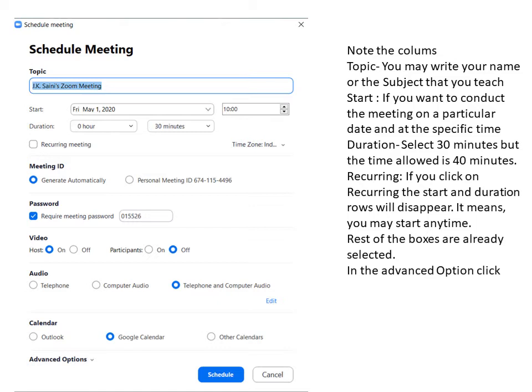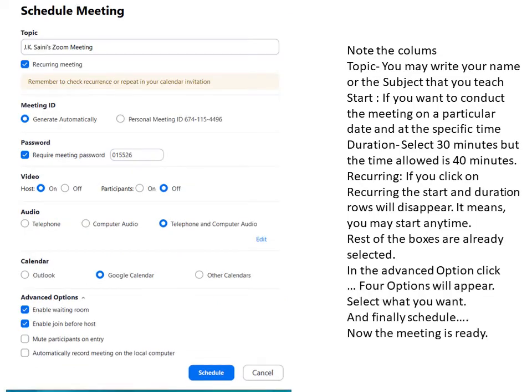And if you click on recurring meeting, it will appear like this. You see, after you click on recurring meeting, the time and the duration will disappear. Also, there is an advanced option at the bottom.